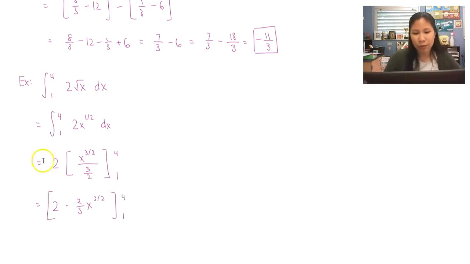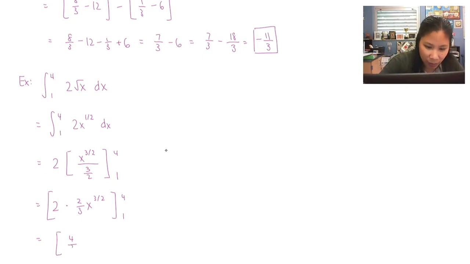And that 2, whether it's inside or outside the parentheses, it actually doesn't matter, because either way you're going to have to multiply it out by the 2. So let's start plugging stuff in. 2 times 2 over 3 is just 4 over 3, 4 to the 3 over 2 power, and then minus 4 over 3 times 1 to the 3 over 2